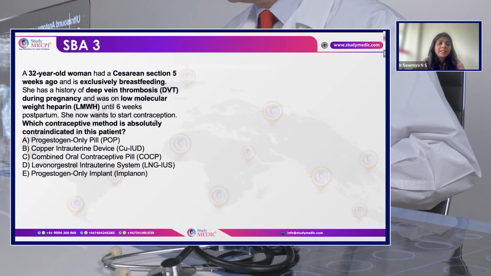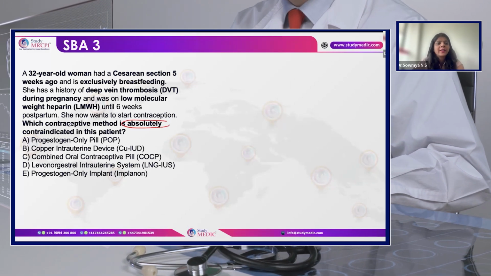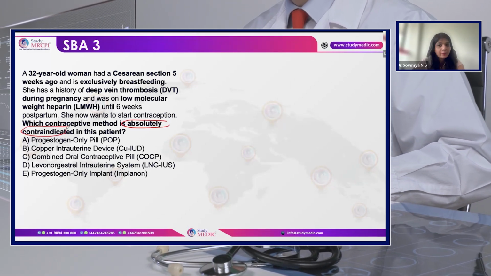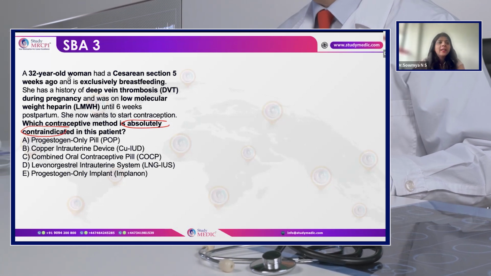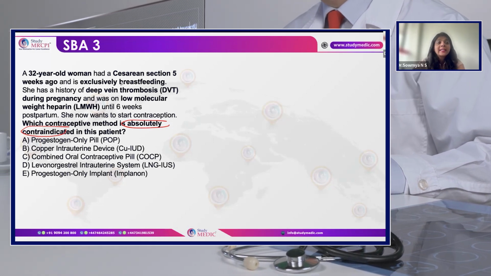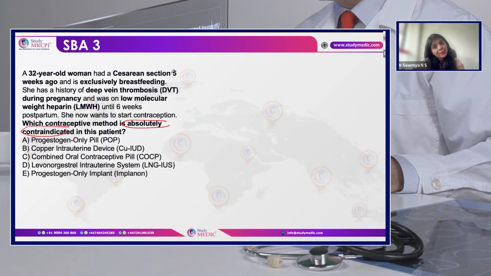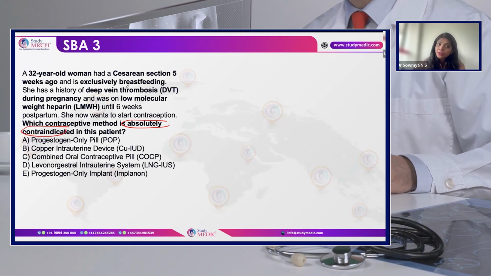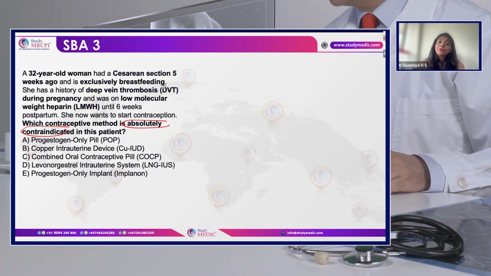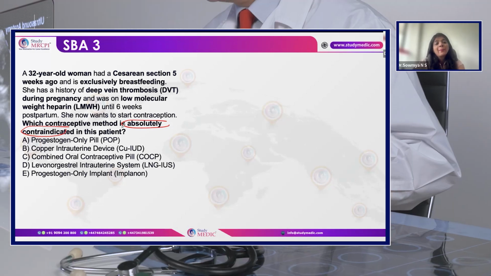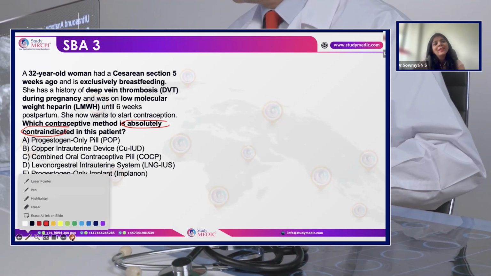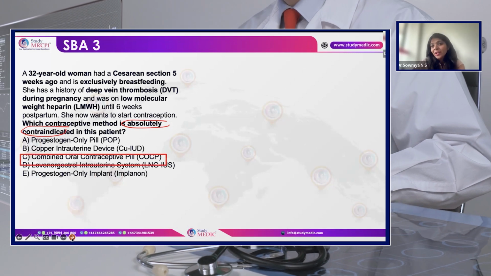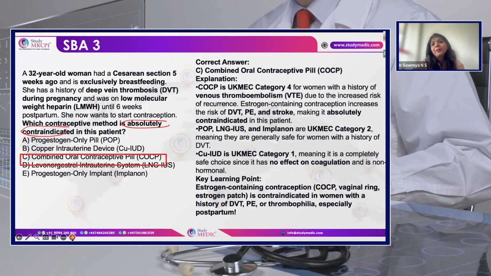Which contraceptive method is absolutely contraindicated? So I'm not interested in what you want to give to her, what you don't want to give her. Very easy one. 32-year-old, cesarean section 5 weeks ago. Okay, she's a postpartum lady, exclusively breastfeeding, fantastic. History of DVT, and was on heparin until 6 weeks postpartum. So obviously my choice is very, very clear here, because I will not be giving OCPs for somebody with a